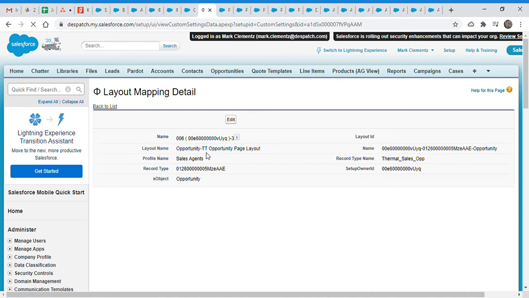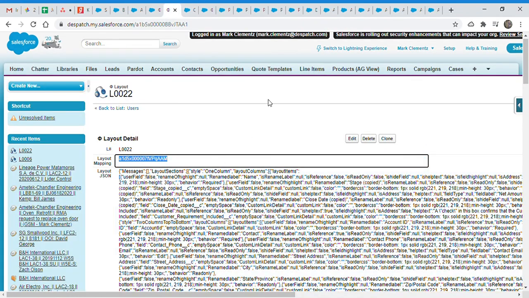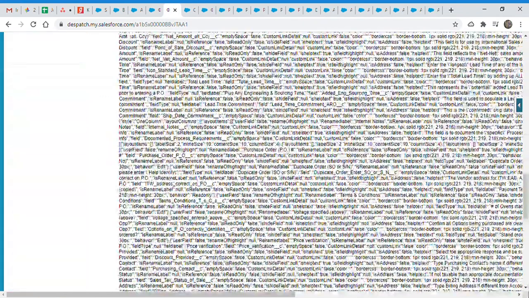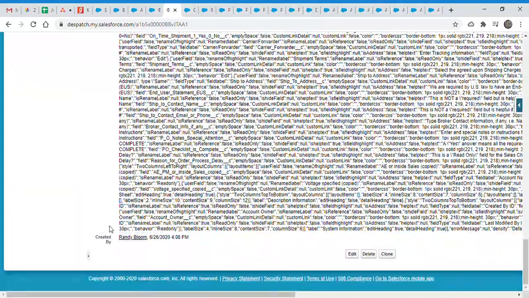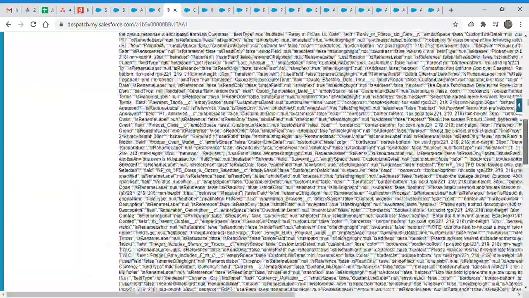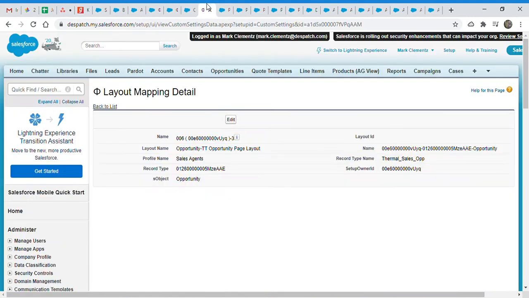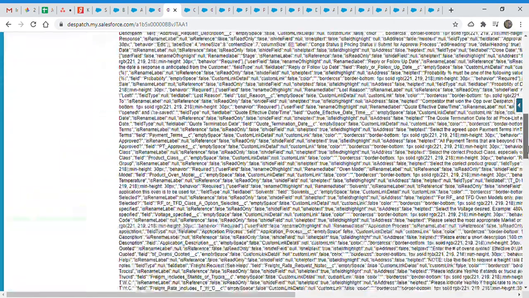This is for the sales agent profile, and the record type is thermal sales opportunity. So this is the layout, and this is the backup of the layout that is saved by Randy Boom. That means Randy Boom created this one and he can fetch it, and Randy Boom has the sales agent profile. So all the sales agent profile users will use this record to show the layout, so that's fine.